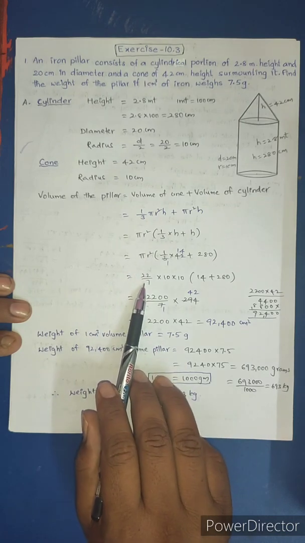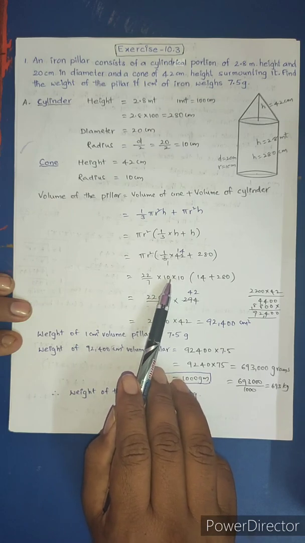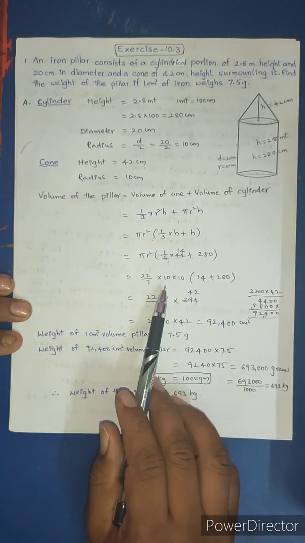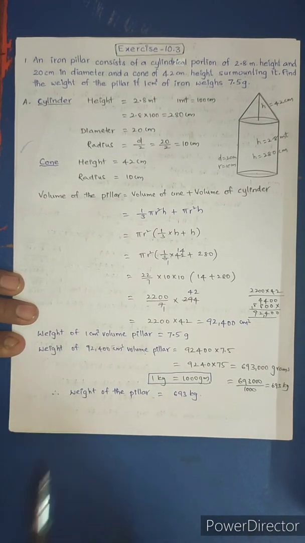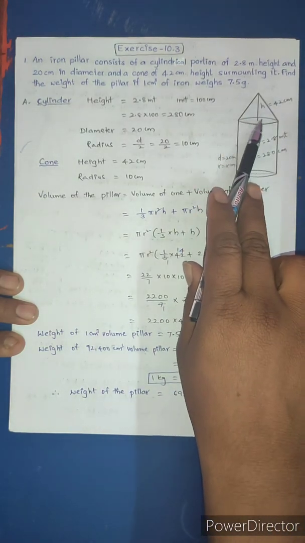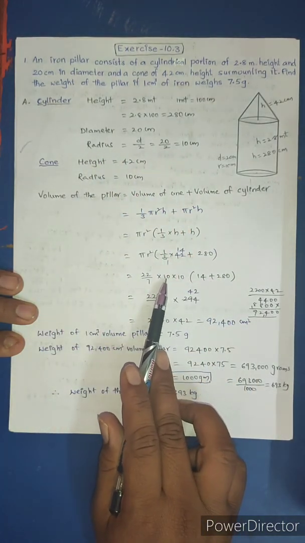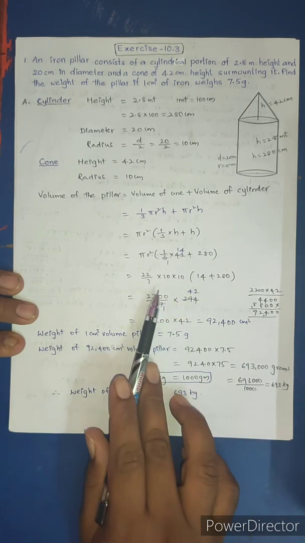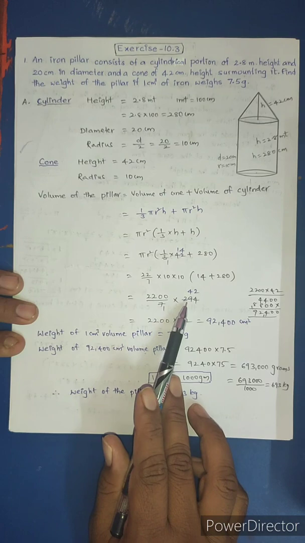Now pi value 22/7, radius value 10, 10. Radius of cylinder pi r square. Here also radius is 10 into 10 of 14 plus 280. For both, cylinder radius is 10, cone radius also 10. So common radius 10 10 of 14 plus 280. 280 plus 14 is 294. 22 into 10 tens are 100, 22 hundreds are 2200, divided by 7 into 294.